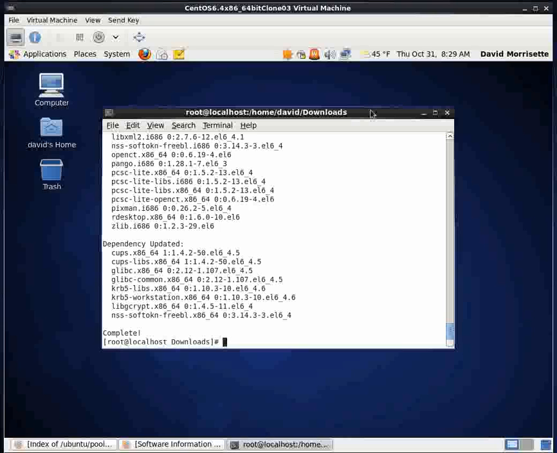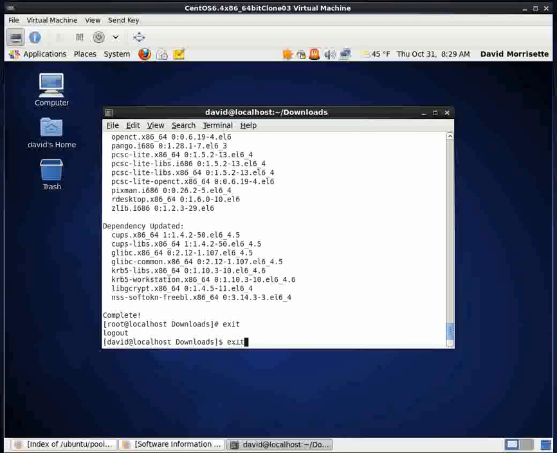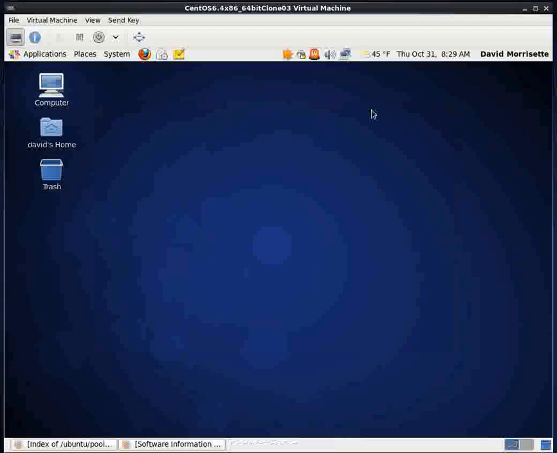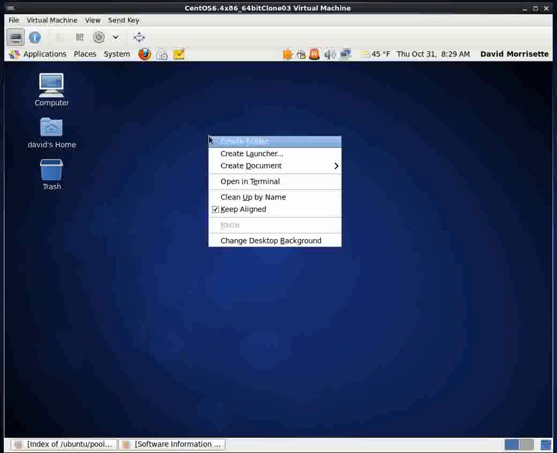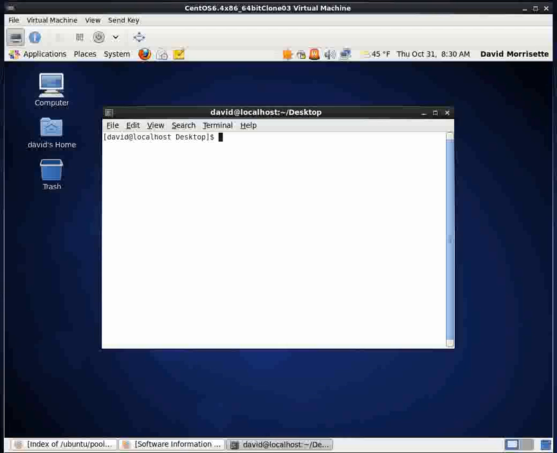Okay, now we're done. We loaded the package, and what I'm going to do is exit out of the terminal and start again. What you would do if you log in and you want to run the VMware Horizon View client in order to connect to the Lehigh Virtual Public Site, you would log in, and then you can do a right click in the middle of your screen, or if you have another way of opening the terminal that you're more comfortable with, go ahead. So we're going to open in terminal, and in order to start the VMware View package, we'll